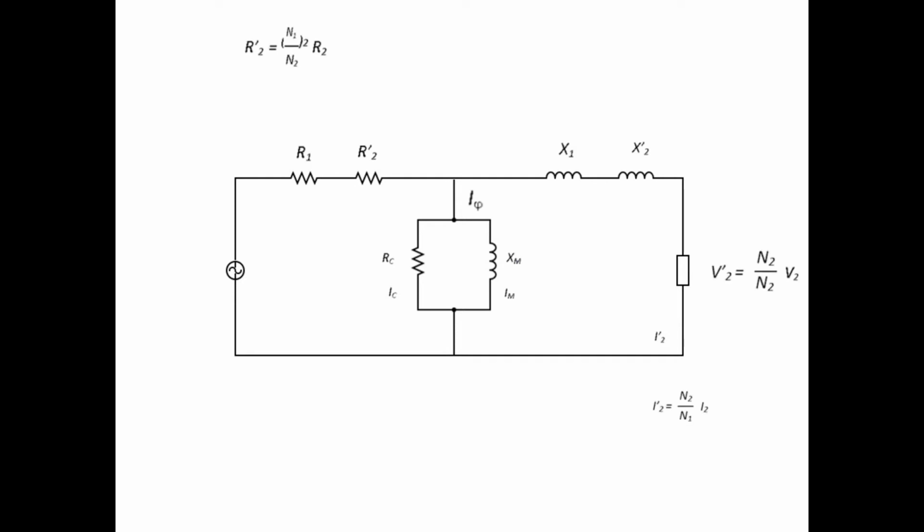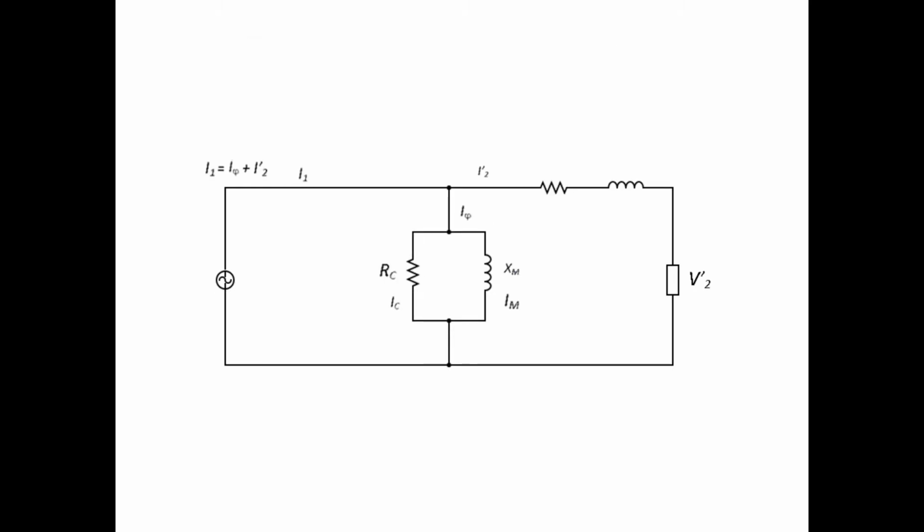The formula to refer the secondary components to the primary can be observed. Note, the dash symbol is used when referencing one side to the other. At no load current, the primary volt drop is very small across E1. Thus, the circuit can be approximated by moving the shunt branch to the left side of the components without any real loss in accuracy. We can now combine the resistive and inductive components.